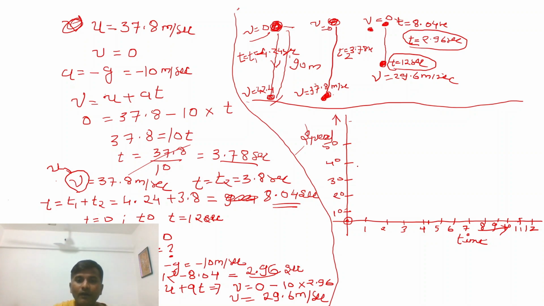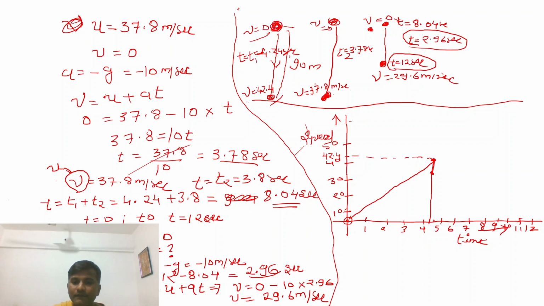Somewhere here. At 4.2 seconds, what is the velocity? 42.4 meter per second. So this is the point that I'll get. So I have to mark this point. Velocity goes on increasing till this point, and now the velocity decreased to